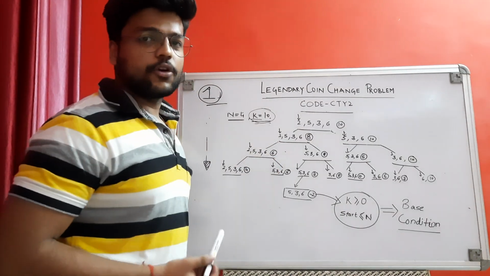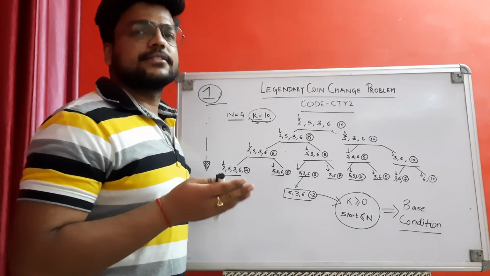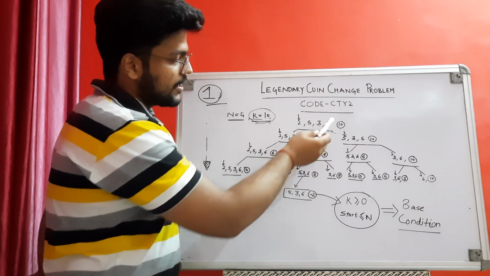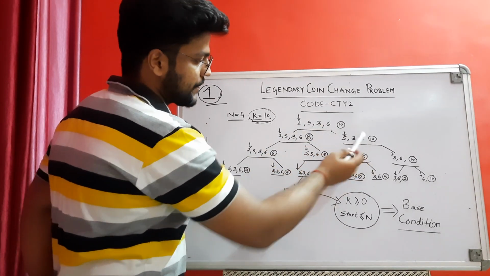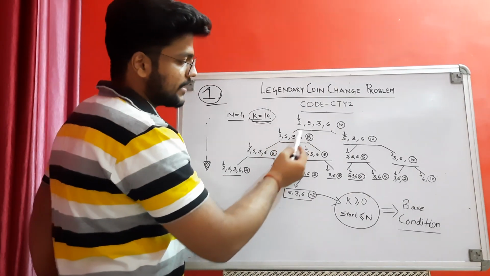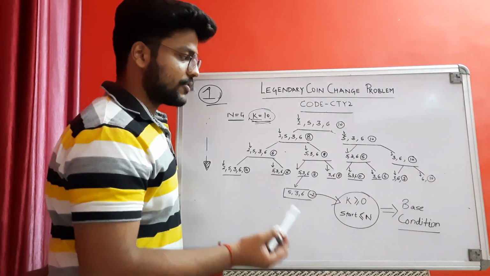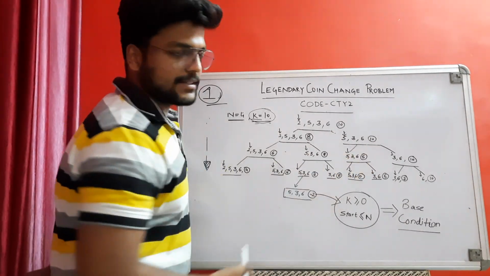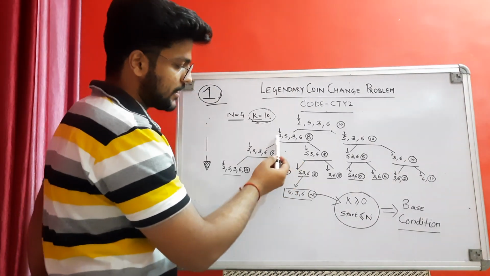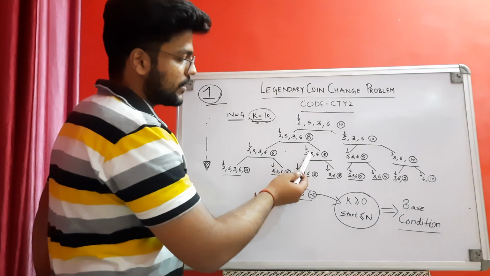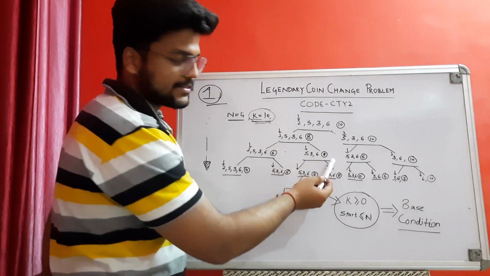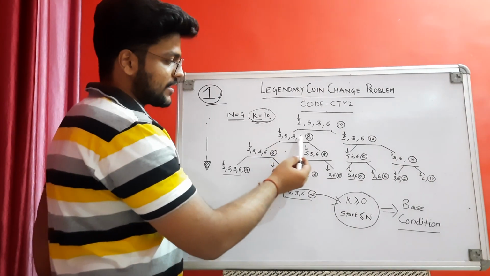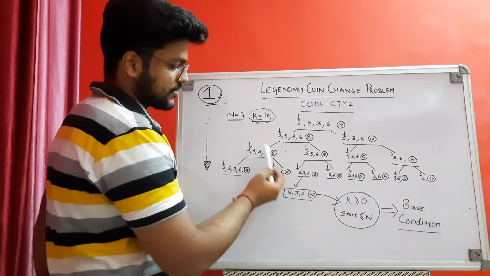So in recursion, if we apply a similar approach in every problem, we divide the large problem into smaller problems. Now we will try to divide this problem up to the end and watch the solution. So 2, 5, 3, 6 with 8, and 5, 3, 6 with 10 is the sum we have to make. Again, either you take 2 as a coin or you won't. If you won't take it, then 5, 3, 6 and the sum you have to make is again 8. Or if you take 2, then 2, 5, 3, 6, and again 8 minus 2 is equal to 6.